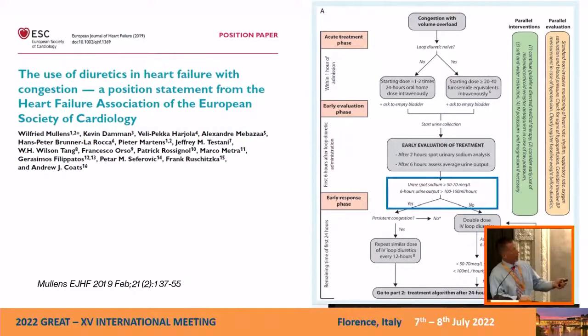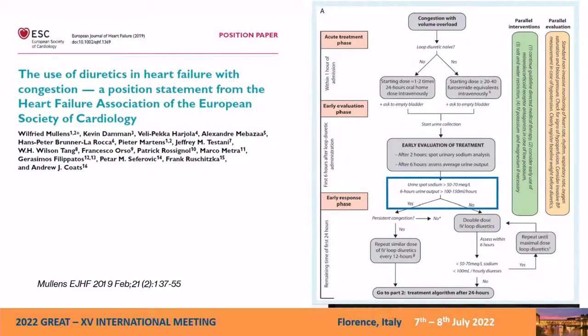Someone comes in with acute heart failure, gets a dose of diuretic. I quantify their urine sodium or their urine output, and I redose them based on this. If they don't have a good urine output or greater than 50 to 70 milliequivalents per liter, so this is a spot measurement, right, of urine sodium, I actually double their dose of diuretic. So this suggests that